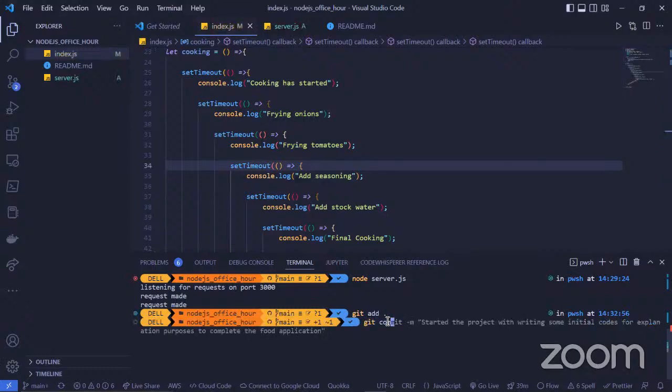Okay, git commit, and write my commit message: used nested setTimeout functions to indicate the timing and order of cooking jollof rice.